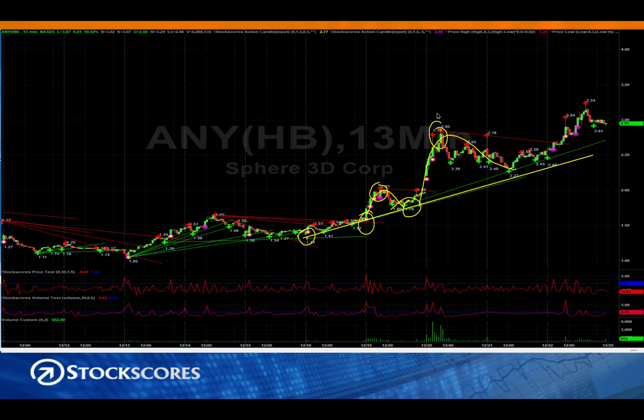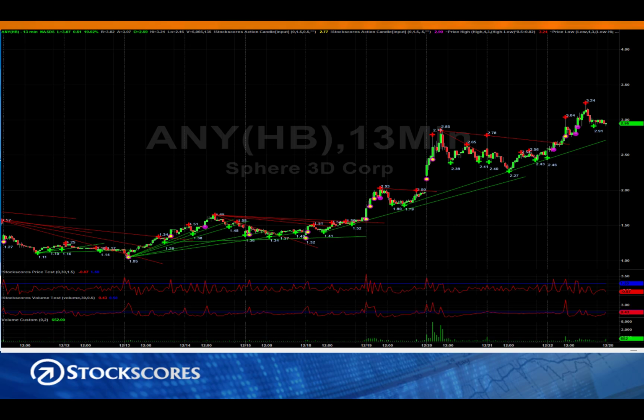Now we can look at this overbought, oversold on multiple time frames. A stock can be fairly valued because it's at the trend line on the 13-minute chart, but it could look very different on the daily chart. And so you always want to trade the time frame or analyze the time frame that you're trading off of. If I'm a swing trader, I'm looking at the 13-minute,